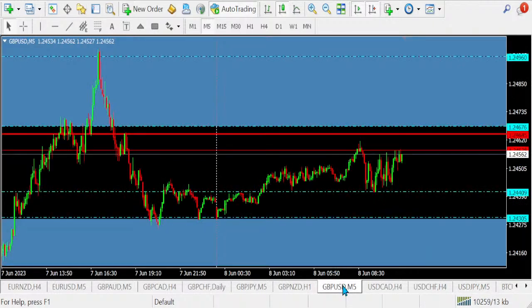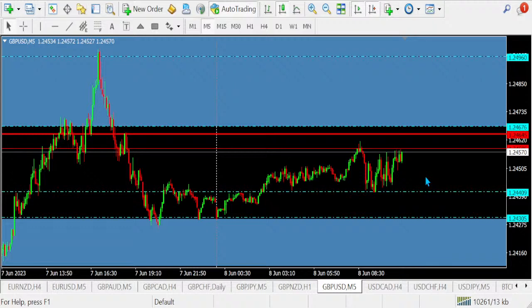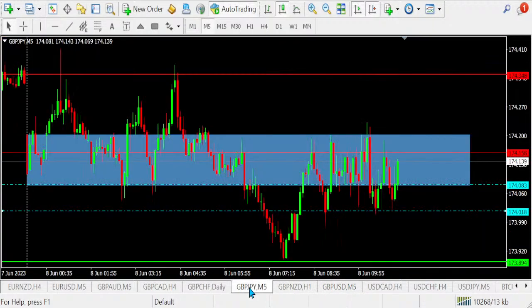Alright, so for pound dollar, we are stuck here. We are still in this area. So either way, it's going to get into my blue box here, then set up a support buy. When the buy signal comes in, you go ahead and buy. If they get into the blue box below and it sets up a resistance, then go ahead and sell. Okay, very clear.